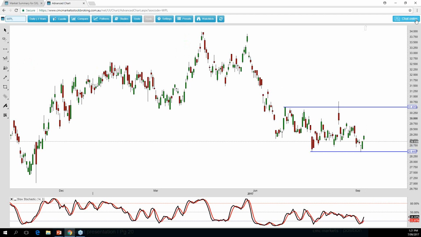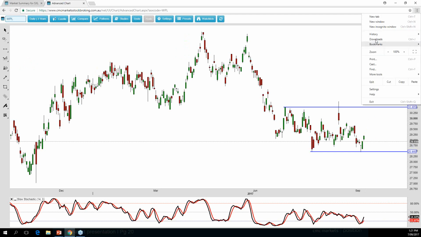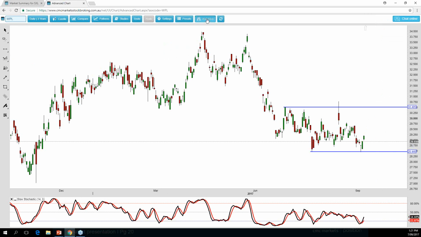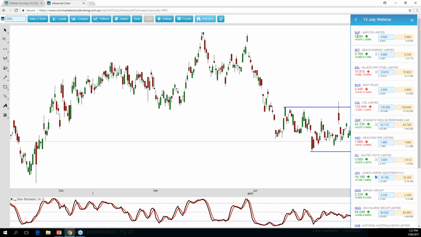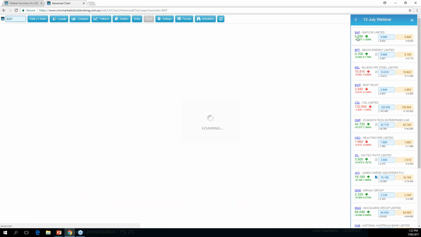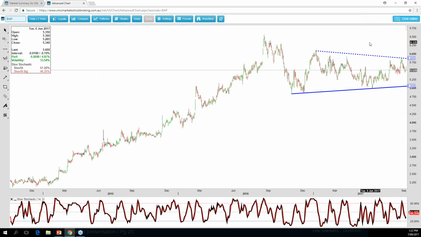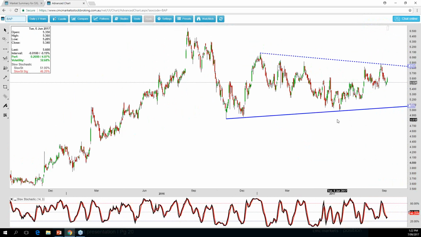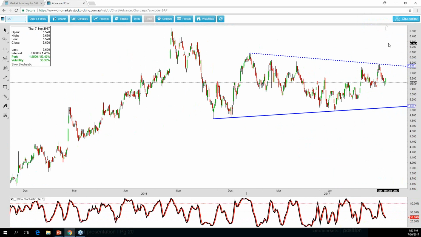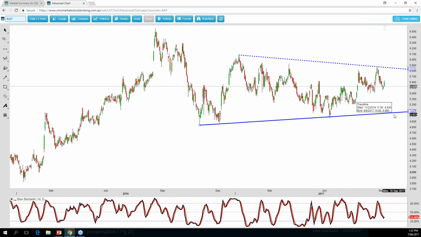Lastly, another one here on the screener list was Bapcor. Now this stock changed its name, I forgot what it used to be called, I think it was Burston, yep, and it's an automotive stock. I just wanted to put this one in, it was on that list. This looks to me like a possible long-term triangle pattern, and it does seem to be possibly confirming a support line here. Now, it's quite a long way away, though, but I put this in just to illustrate